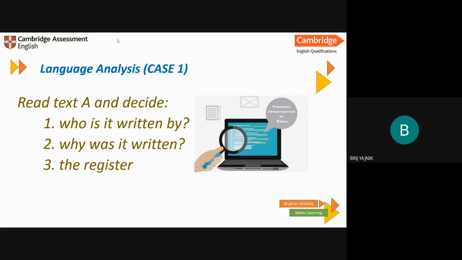Now, one big thing you need to identify is that there is one common error in the email that the writer is making. Otherwise, the email is absolutely wonderful, amazing. But there is one common error, actually a big error, that you will notice. And one more thing you will notice is the highlighted words. You should write them in your book or on a paper, okay? There will be a few highlighted words in gray mark.